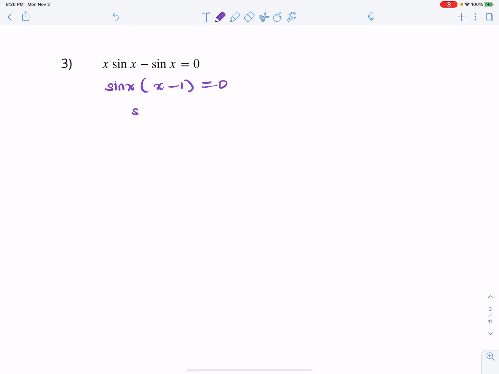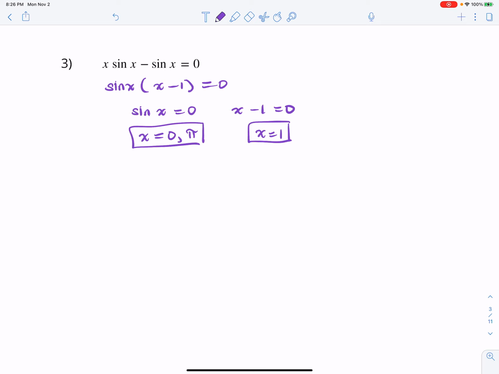So because the product is equal to 0, that means each expression could be 0. And if you remember, sine of x is equal to 0 at all of the integer multiples of pi. So I'm going to say x equals 0 and x equals pi. And if x minus 1 is equal to 0, I see x is equal to 1. And there are the